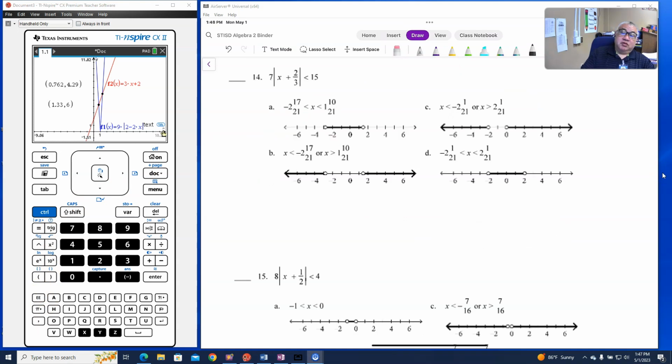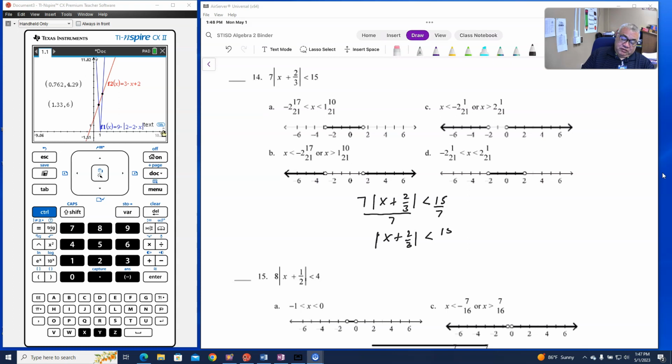So I have an absolute value inequality. So it's 7 absolute value x plus 2/3 is less than 15. You really just want the absolute value by itself. So what you have to do is divide both sides by 7. So you have the absolute value of x plus 2/3